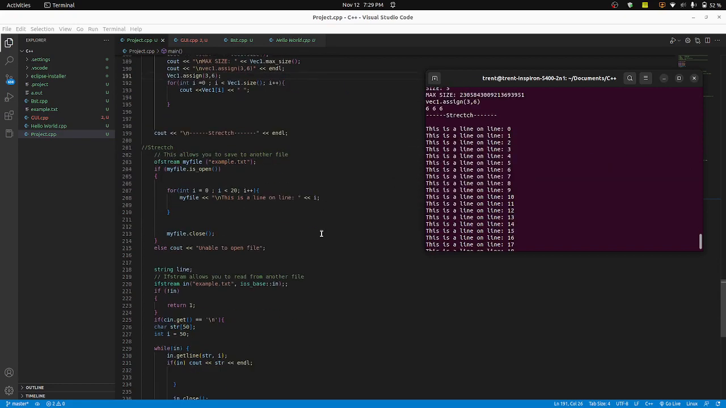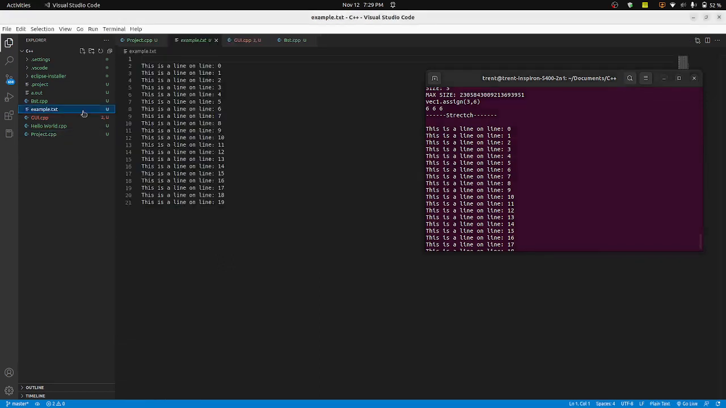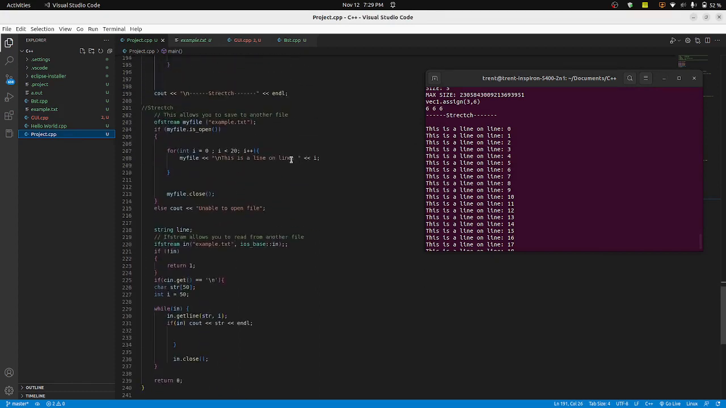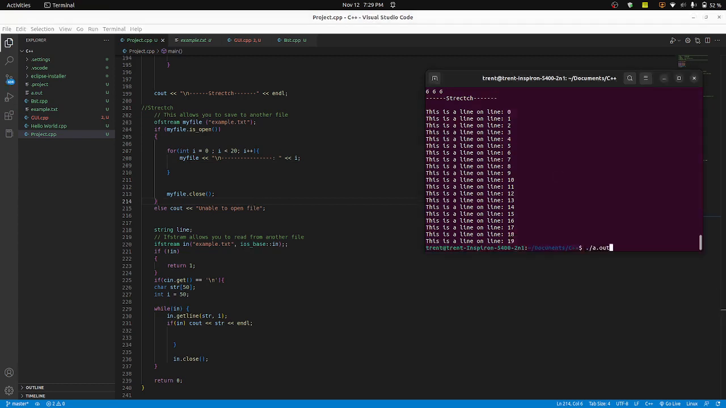And here's one of the stretches listed. Was reading from a file and just writing to a file. So we can see that I'm writing. So just to show that it's writing to this file and reading from it, we could do like a bunch of these hyphens, and then when we recompile,